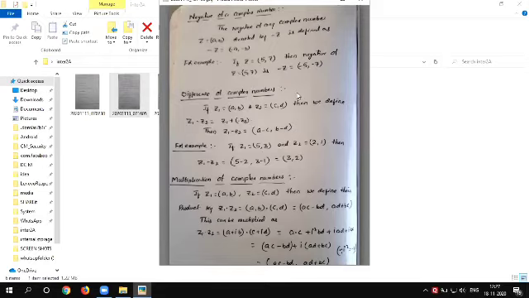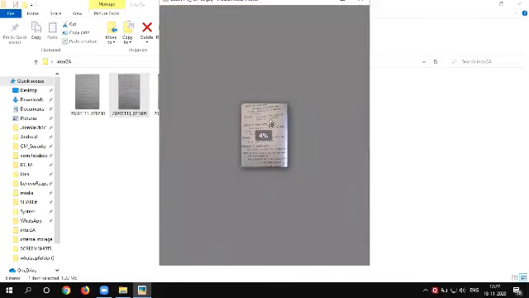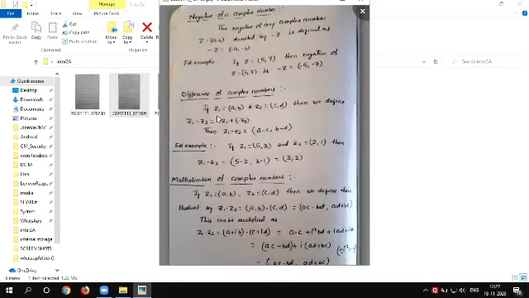Now we have to find the difference of a complex number. Now we have to find the difference of two complex numbers. Suppose we take z1 and z2, complex numbers. Now we have to find the difference of these two complex numbers, that is z1 minus z2 or z2 minus z1. Let us see, if the z1 value is a comma b and the z2 value is c comma d, then we define the difference of these two numbers, z1 minus z2, as z1 plus the negative of z2.